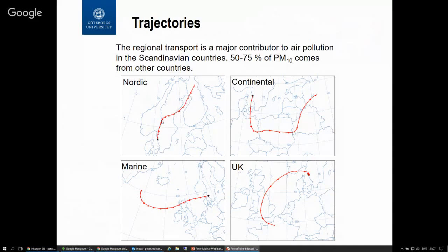and see where the air that we were measuring was originating from, and thus also gain some understanding of what type of air pollution could have been picked up while this air parcel has moved this way. And we usually have 4 or 5, in this case 4 different source regions. We have this Nordic, Scandinavian air masses, which are usually fairly clean. We have this one here, the continental, that goes over central parts of Europe, in this case Germany, Poland, and the Baltic countries here. We have a marine trajectory or air parcel, usually picking up mostly sea salt and some